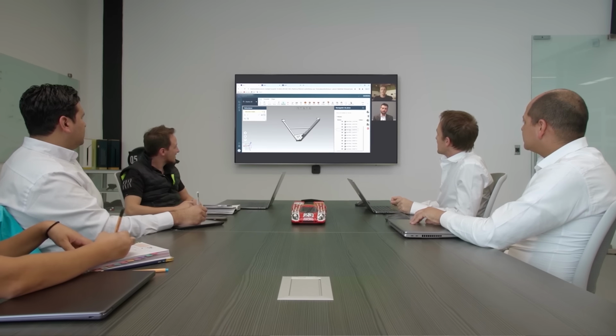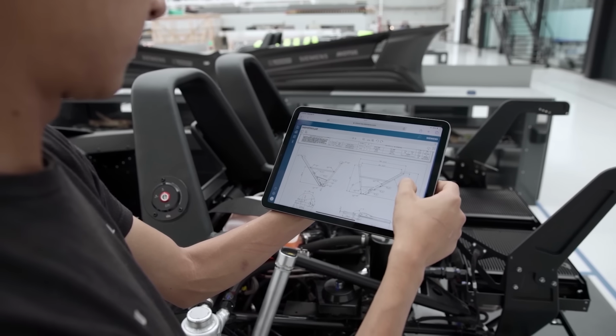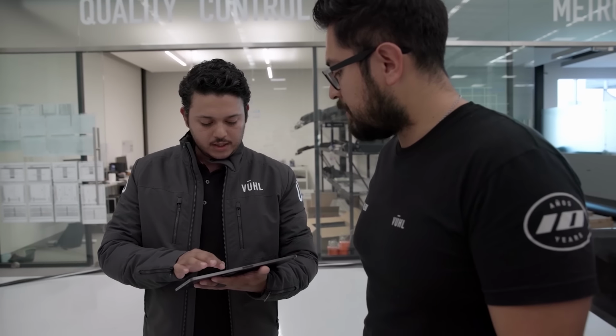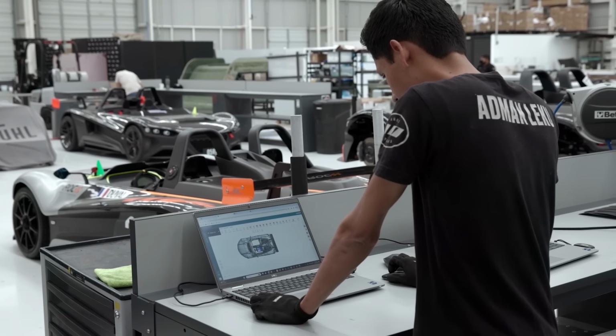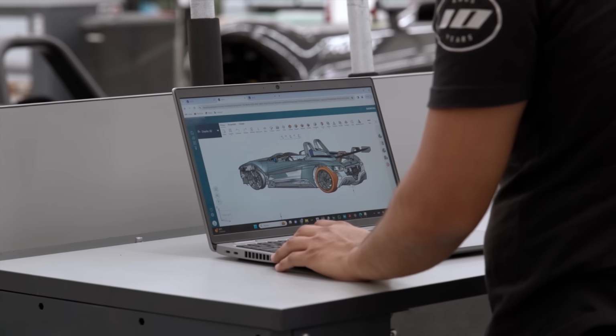Regardless of whether a customer is using CAD or not, NX Essentials lets them view, mark up, and comment on designs from anywhere. This increased speed and efficiency and collaboration also extends throughout Voul's team and has improved the way they manage design, manufacturing, and assembly of their race cars and customer projects. Being able to access and edit designs from anywhere, on any device, allows them to incorporate engineering changes quickly on the shop floor. NX Essentials works seamlessly with NX data without any translation.